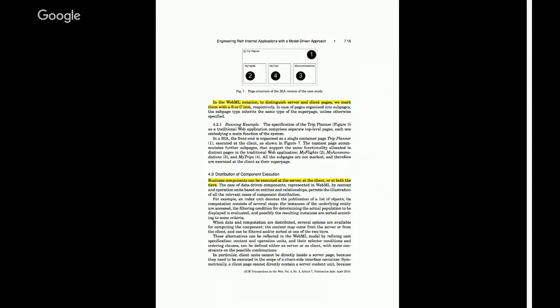To distinguish between server and client pages, they are marked with C and S in the model. If nesting is applied and type is not specified, the outermost type is applied. And we also have